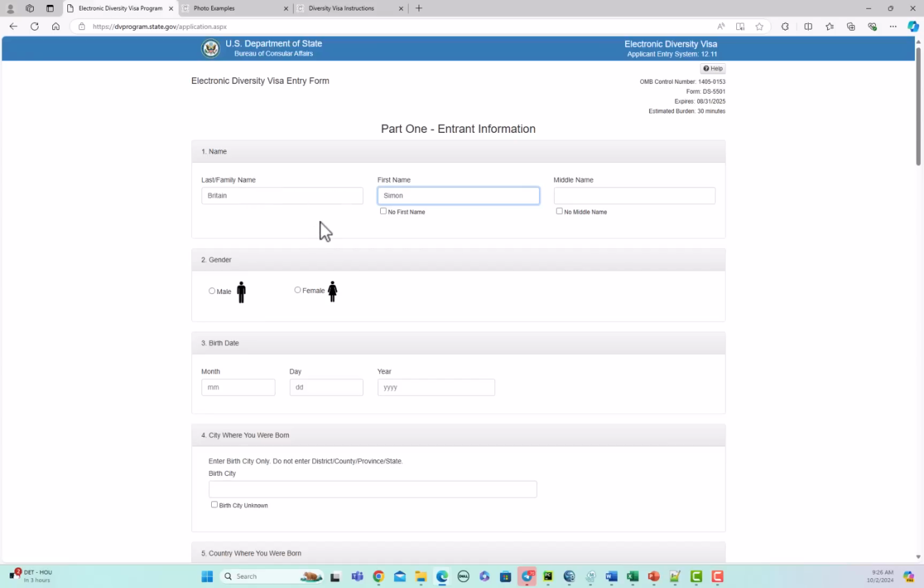Now, for those countries that have strange combinations of names, such as you only have one name, typically a longer name, or you have names with your grandfather's name and your father's name and your great-grandfather's name and so on, you're going to need to be a little bit sensible about this and figure out how you can enter the name for your particular scenario. I have created a video about that before, so by all means go and watch that video. All right, so for most of you though, you're going to have a family name, your first name,